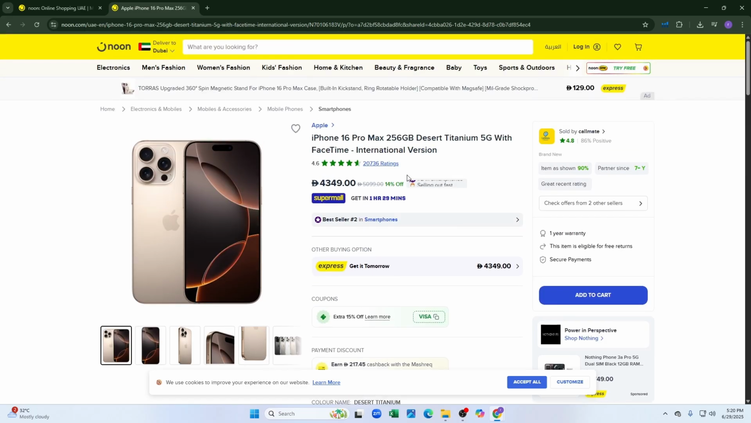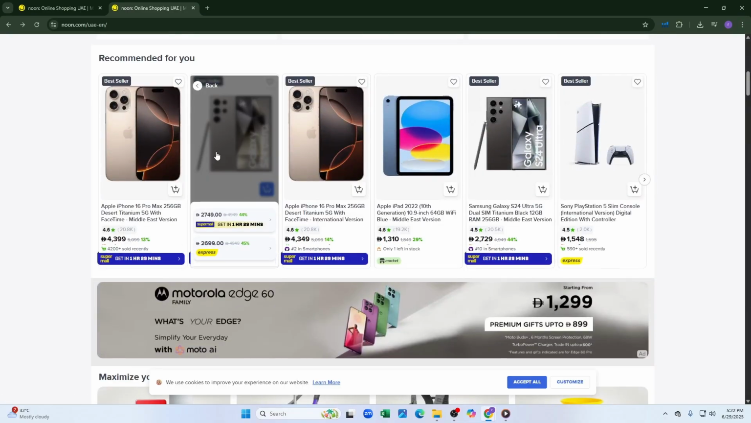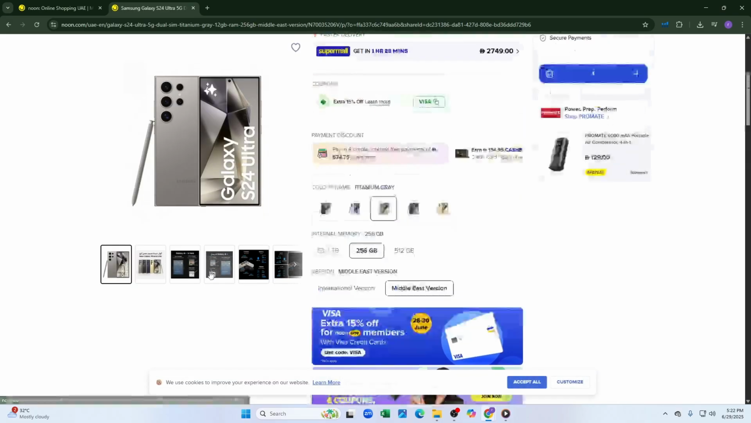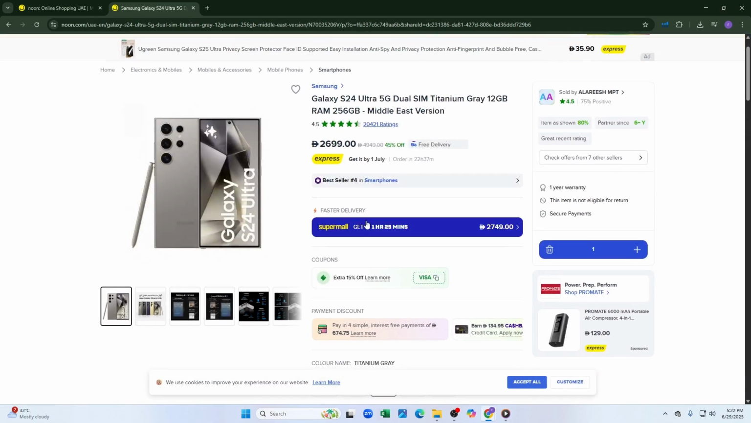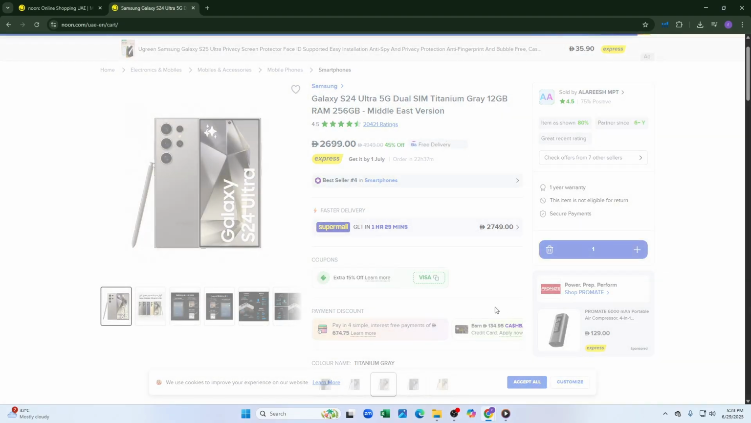You can just click on another phone, and let's select the Samsung Galaxy S24. So let's select it and click on the pricing. It's being loaded for now, and after it's fully loaded, as you can see, we can just add it to cart. So after adding it to cart, let's just go into the checkout option from here,